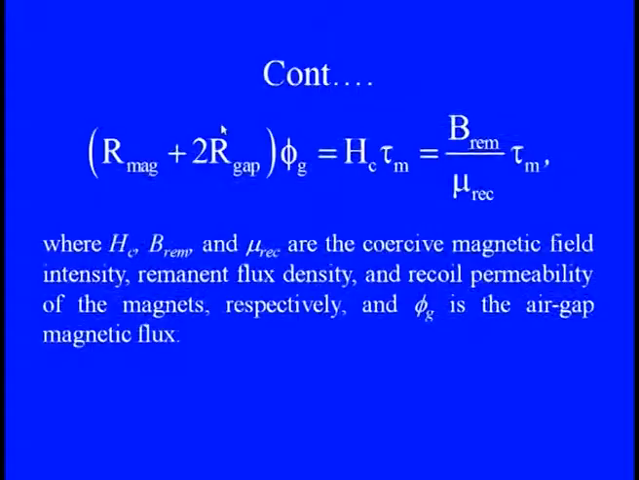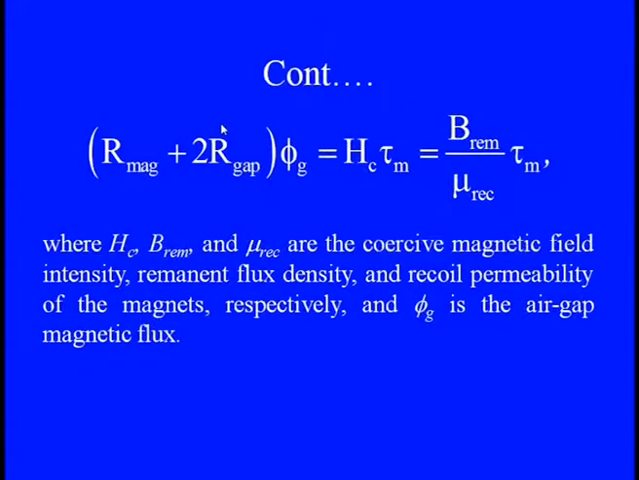So R magnet plus 2 times R gap, when it is multiplied with the air gap magnetic flux phi gap, equals Hc tau m. We know that Hc is nothing but the corrective magnetic field intensity, which can even be multiplied with the stresses that arise because of the force action of the magnet. Or else we can also equate it to